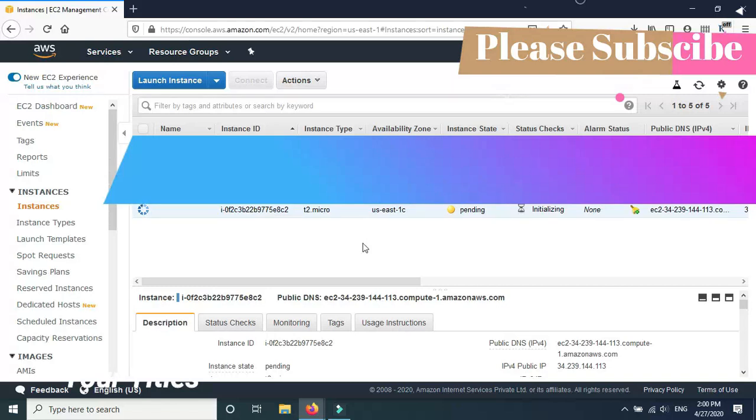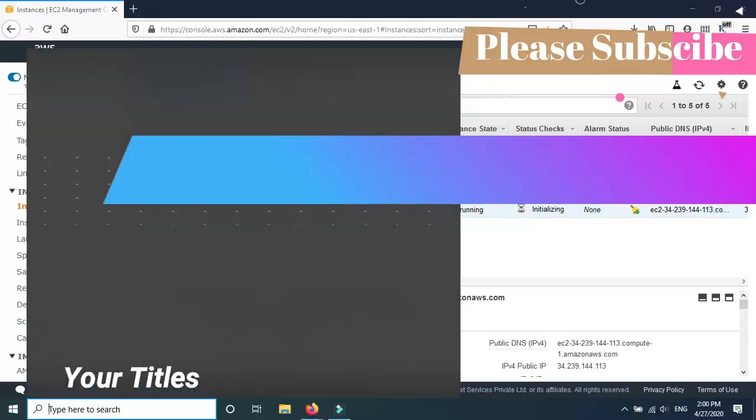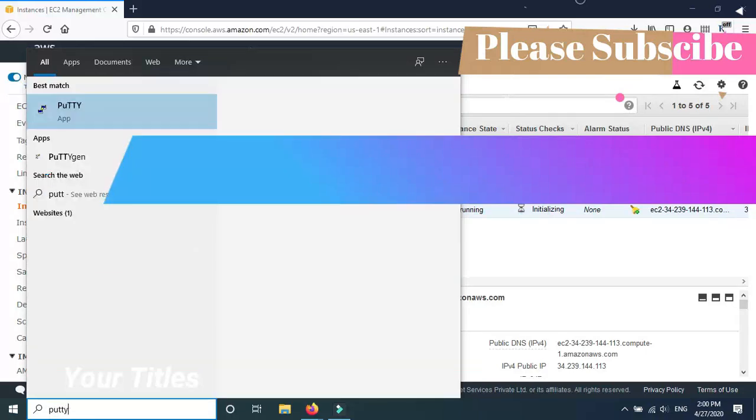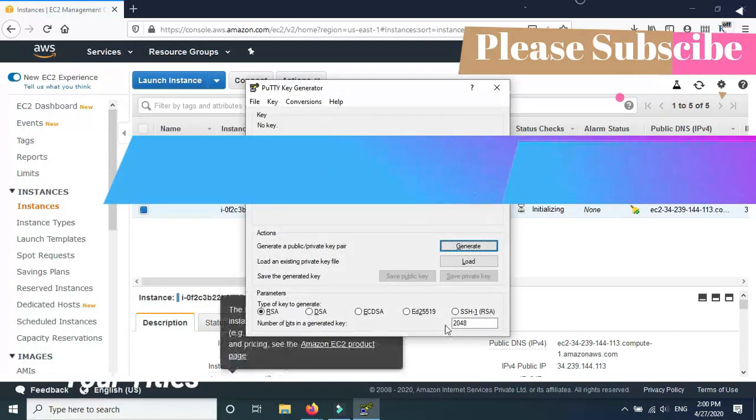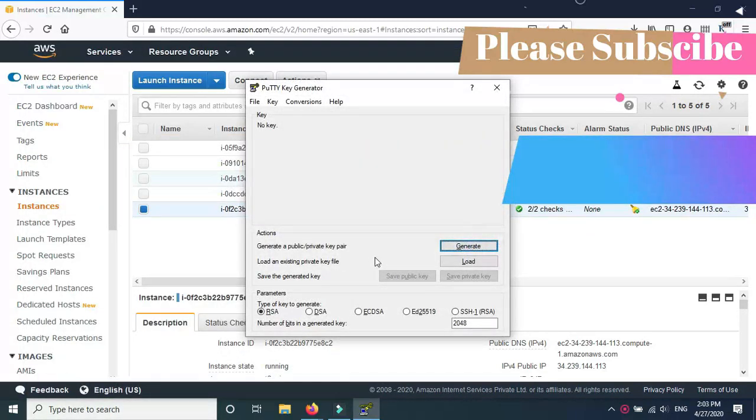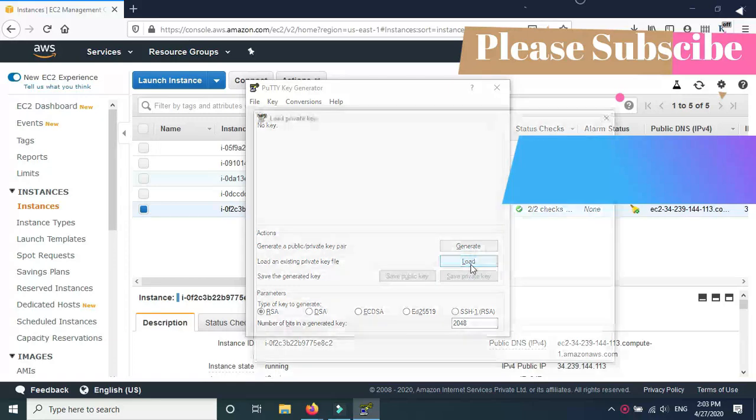On Linux machines, you can directly SSH into the server using that key. But for Windows, we have to use PuTTYgen to convert the key into the PPK key. So go to PuTTYgen. What we'll be doing is loading our private key.